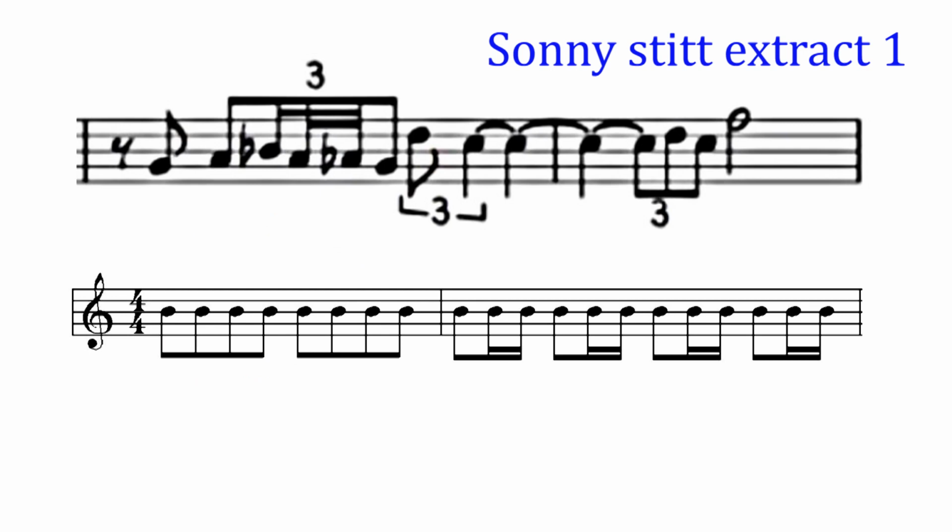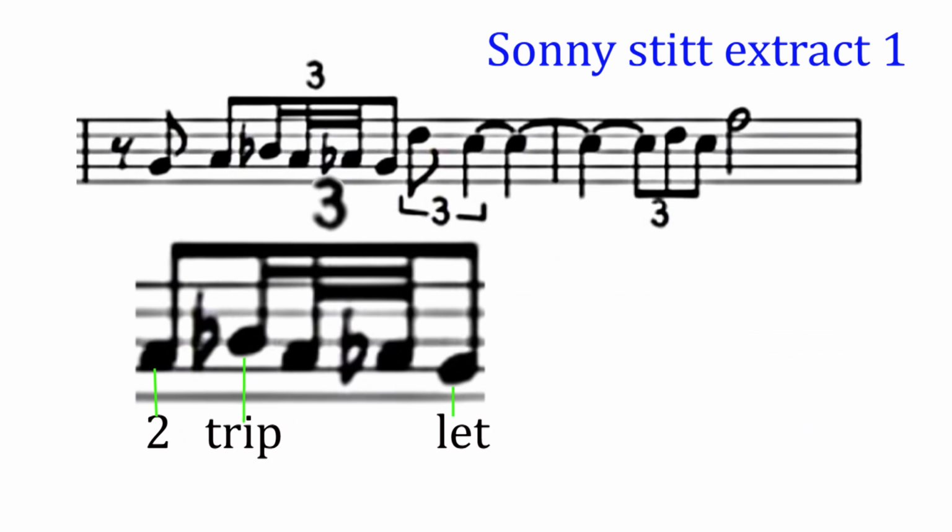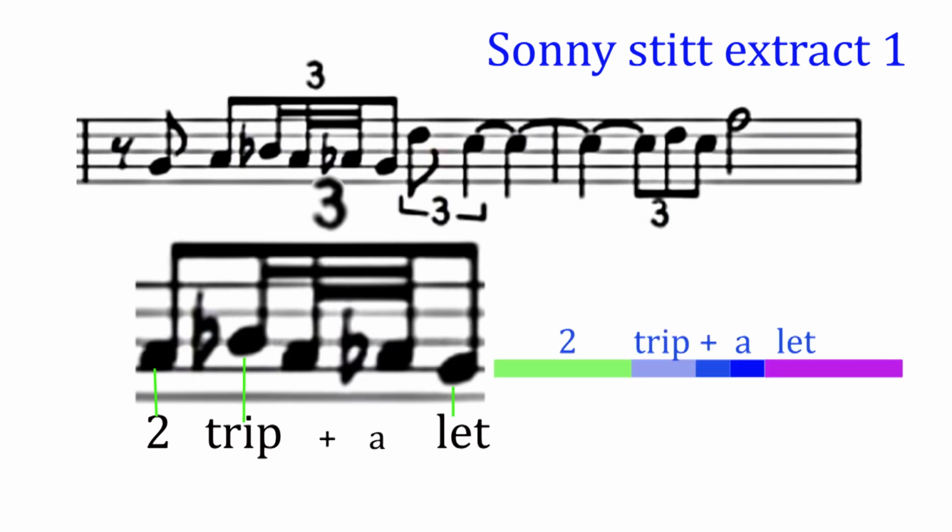Imagine you were counting 8th notes. You would count them as 1 and 2 and 3 and 4 and, etc. Now imagine you are counting an 8th note and 2 16th notes. You'd count it as 1 and a 2 and a 3 and a 4 and a. The ratio of the note duration is the same here. So the normal triplet would be counted as 2, trip, let, and with a modified middle note would be 2,